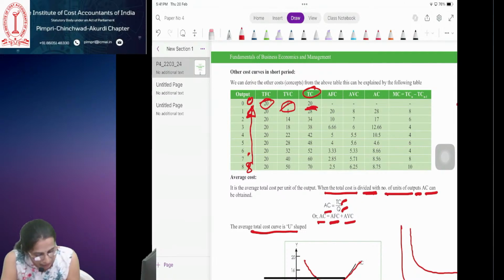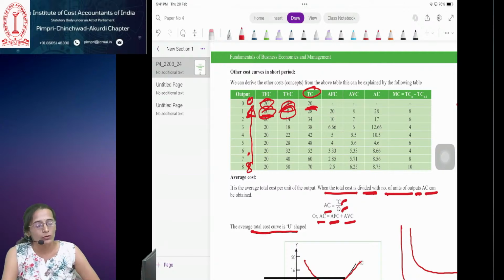Okay. Again, see, fixed cost is 20, variable cost is 8. So what will be total cost, Piyush? No. See, what is total cost? Total fixed cost plus total variable cost is the total cost of the organization. If the total fixed cost is 20, total variable cost is 8, what will be total cost? 20 plus 8 is,